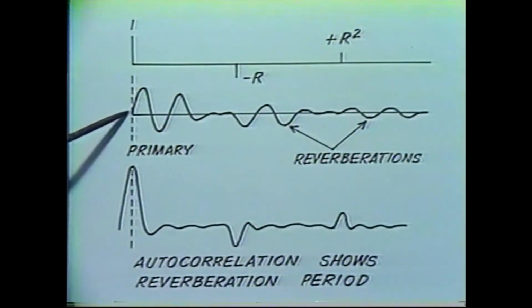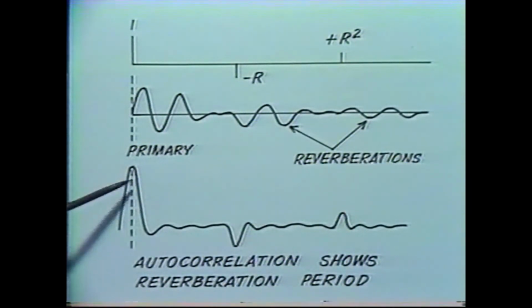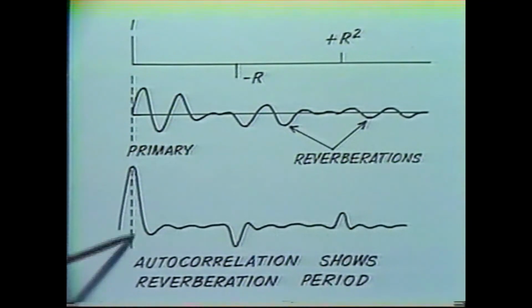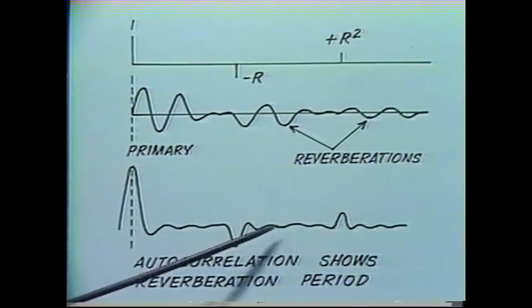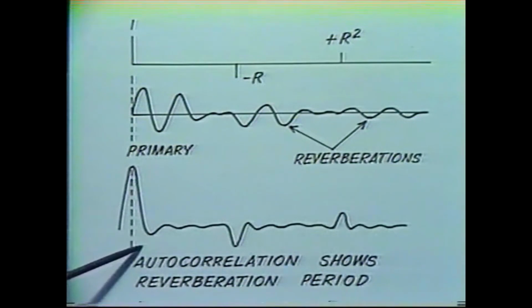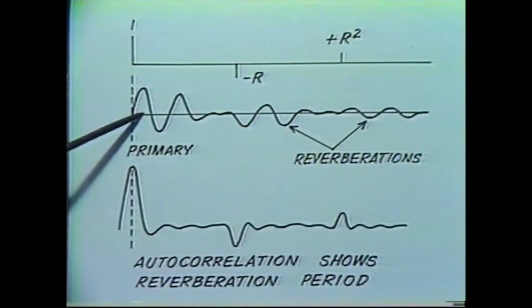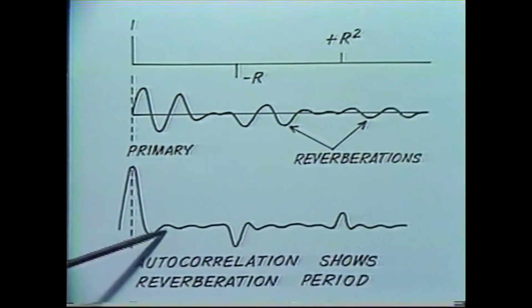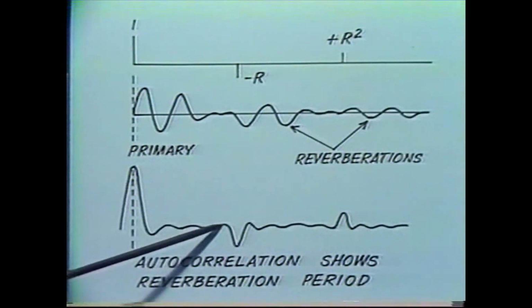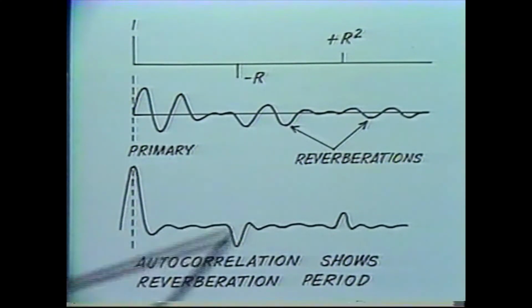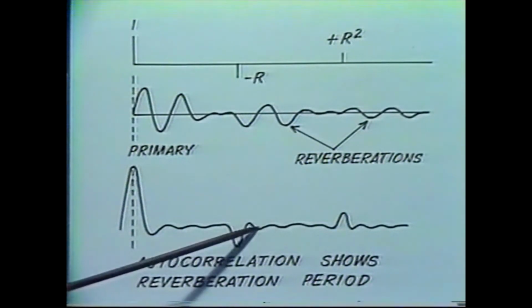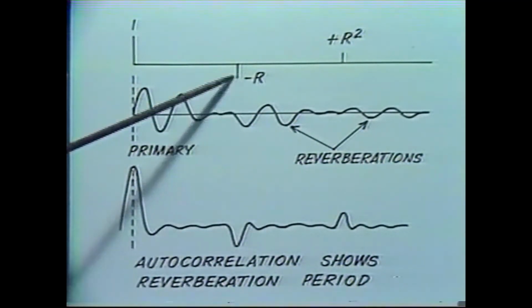If we take the autocorrelation of this trace, we'll get a big response here at 0 lag. Here we're just looking at one side of the autocorrelation because we know it's symmetric. The same thing occurs over here on the other side. We'll get a big response at the 0 lag value because this trace looks exactly like itself at 0 lag. Get some relatively small values in between here, but at a lag corresponding to one reverberation period, we'll get a pretty good response in the autocorrelation function because the trace starts to look like itself again